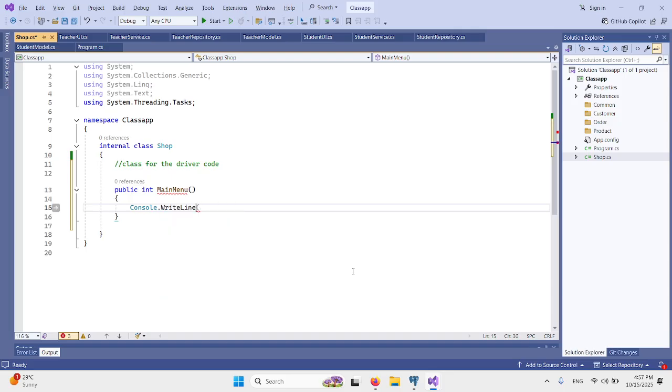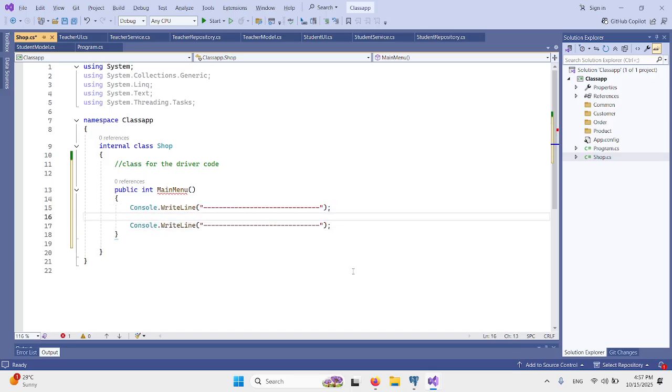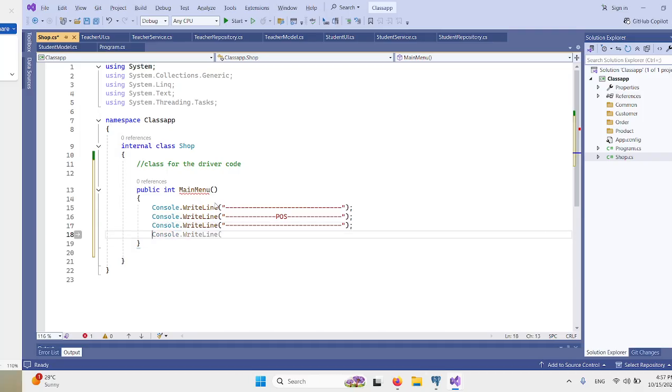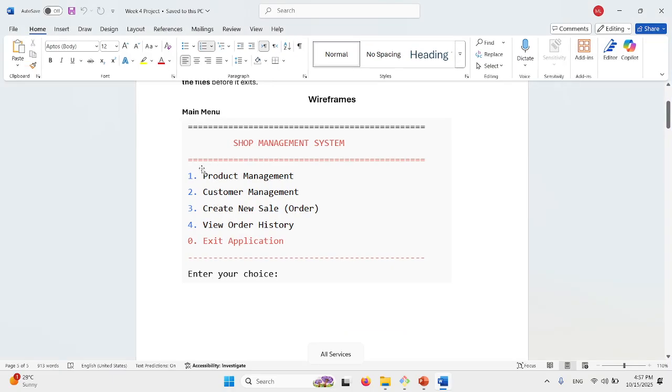Console dot write, like we draw this line, for ending, and for this we call it POS. So I name it POS, point of sale application. Okay, and then you display all these menus.